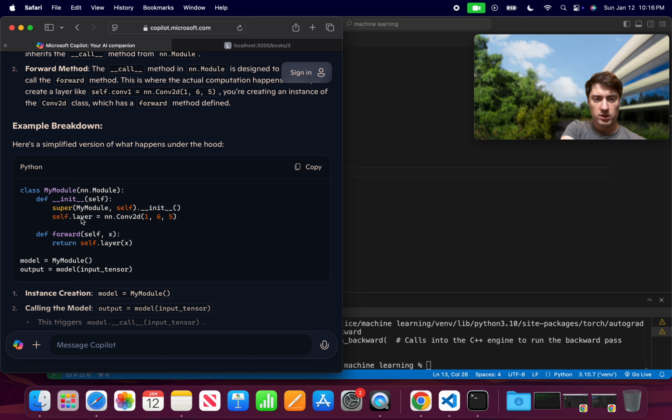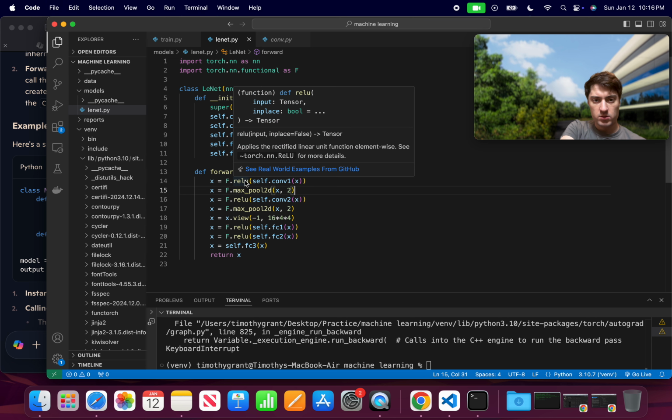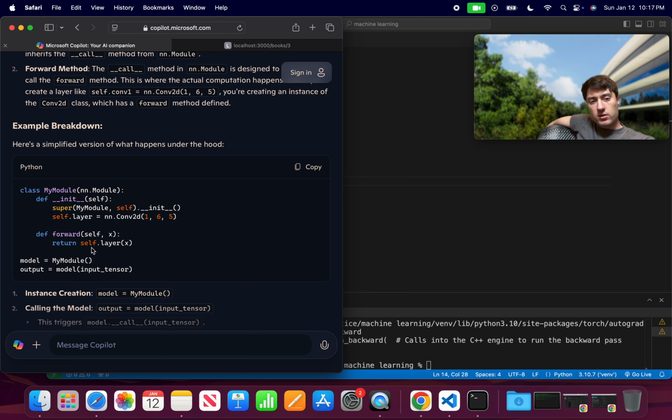Self.layer, which is here. So I'm just returning, I can return that. It's just doing this, layer, passing in x. So I guess when I do that, it just